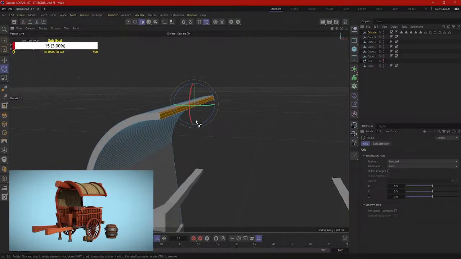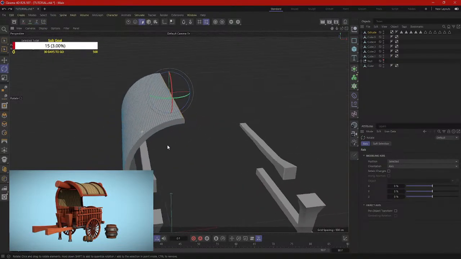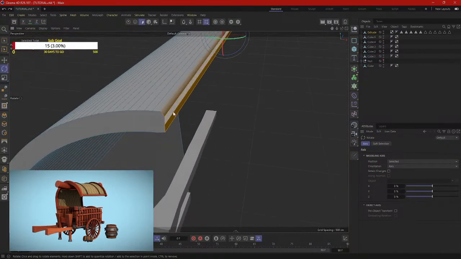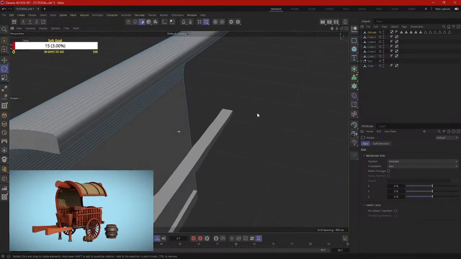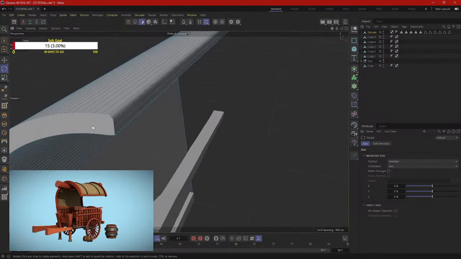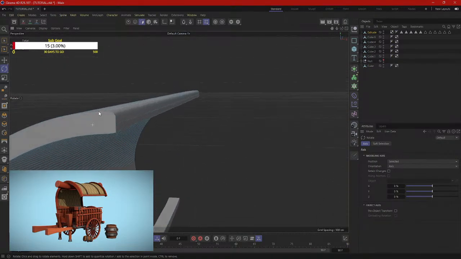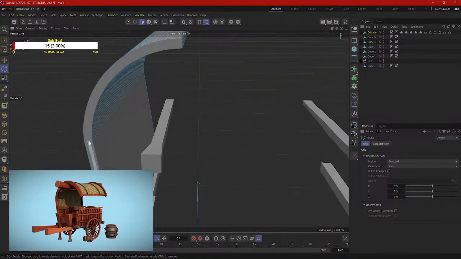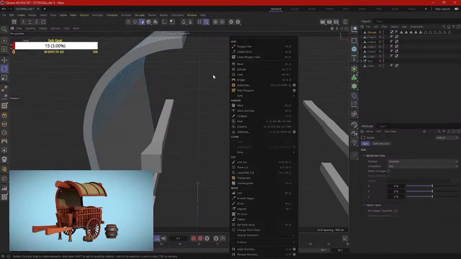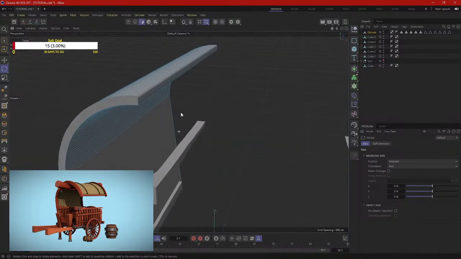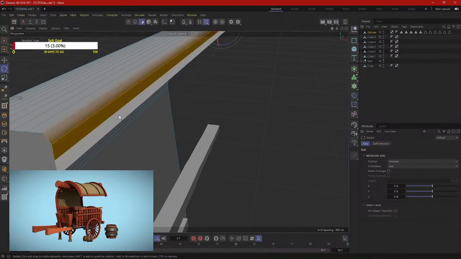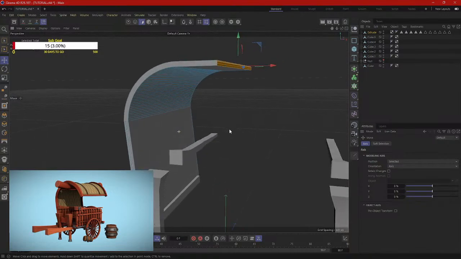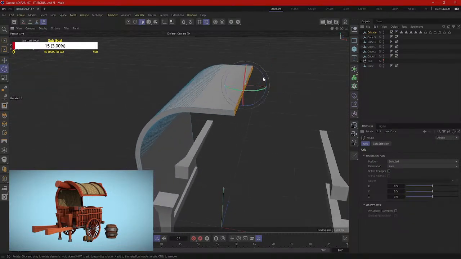No, I'm not gonna extrude this. I'm just gonna scale this, guys, not gonna extrude. Scale this and rotate